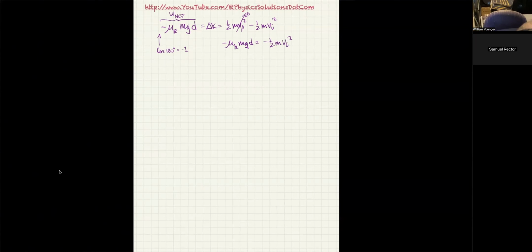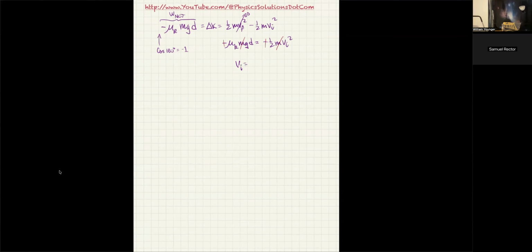But notice with this, the m's actually cancel out, so you don't even have to look up the mass of the vehicle. All you have to know is the coefficient of kinetic friction between the road surface and the tires, and the length of the skid, and the negatives drop out as well. So this negative makes that negative a positive, and now we can find the initial velocity, which is to check whether or not the person was speeding when they got in the crash,